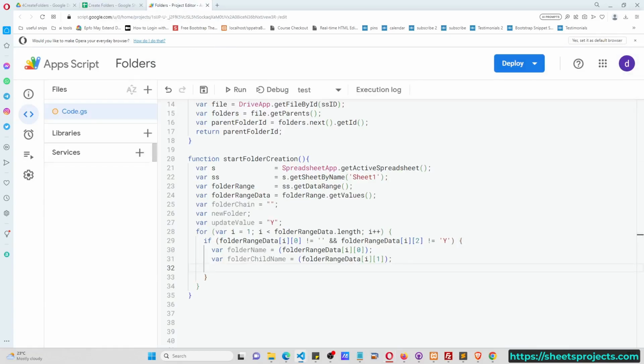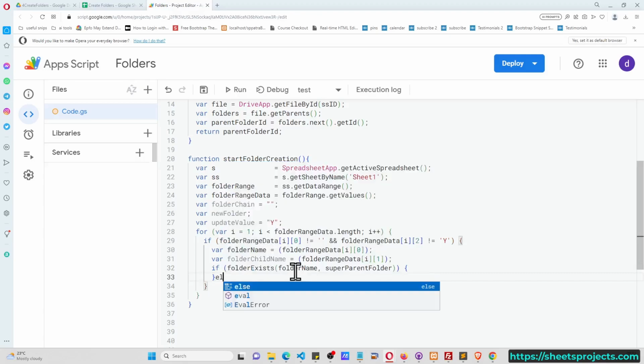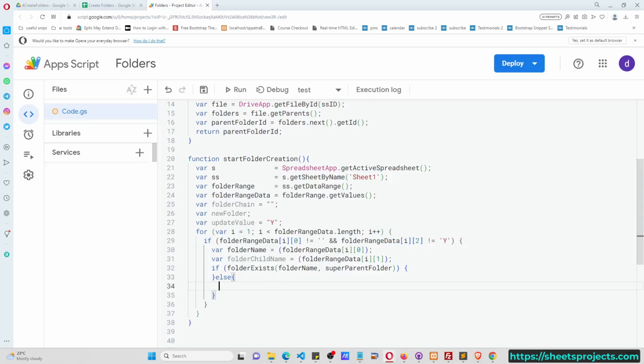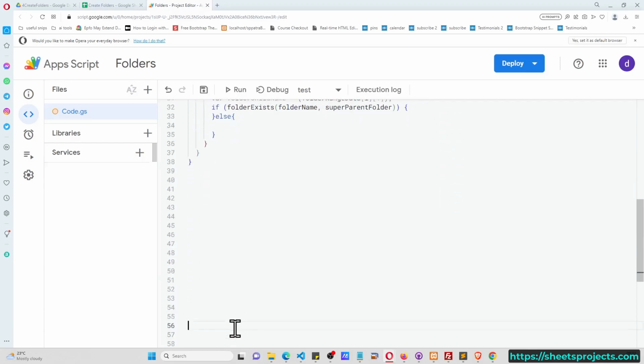And now we have to see if the folder exists, right? If folder exists, then don't do anything, else create the folder, right? So now how to write this method folder exists. Folder exists is going to be a separate function, and it's going to say if the folder name already exists, right? So